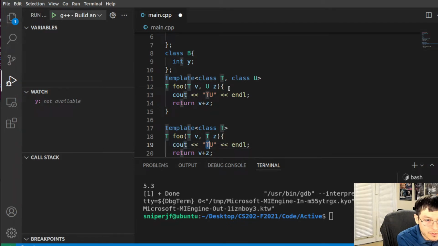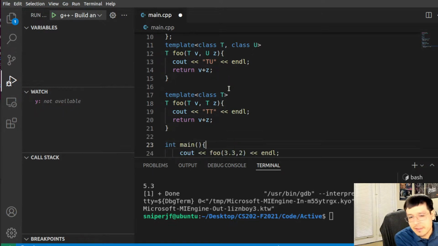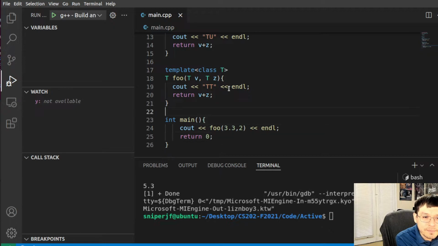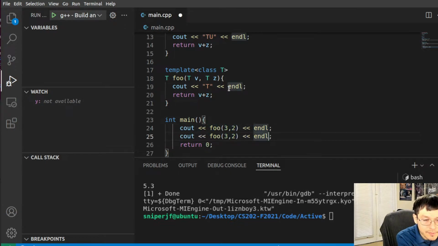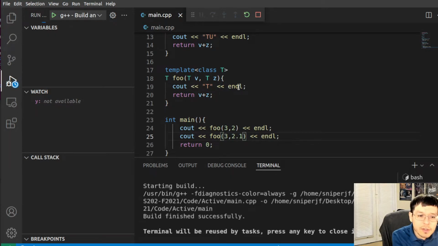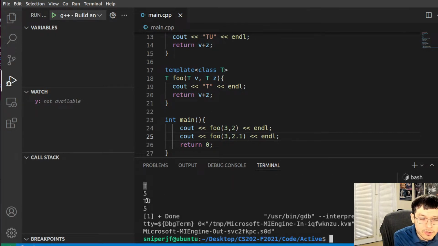And then I'm gonna call this TT. Okay. Let's just do T. Okay. All right. So if I do this here, instead of erasing that, I'm just gonna leave a couple in there. Let's do 2.1. You can see that it's gonna call different ones. So this one calls T and this one calls TU, right? They both give me 5 because